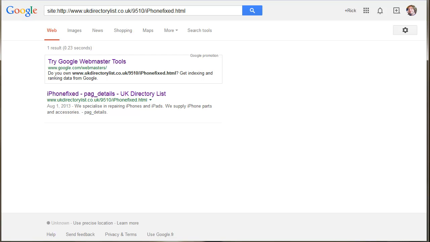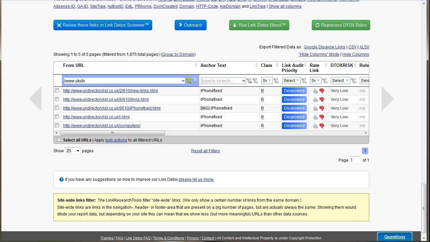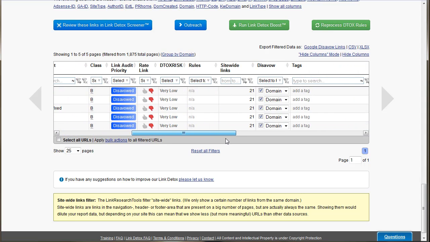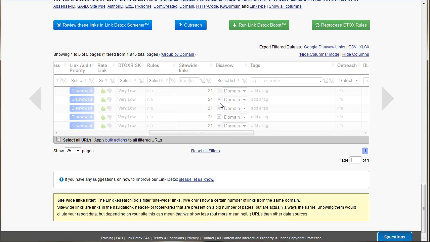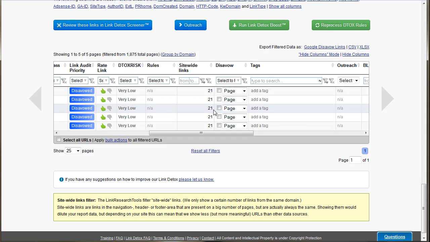Because they're all brand key phrases, even though I think they were originally toxic 3, I'm actually going to say that these are now okay, because I want to push that anchor text more towards the brand than the money key phrases.